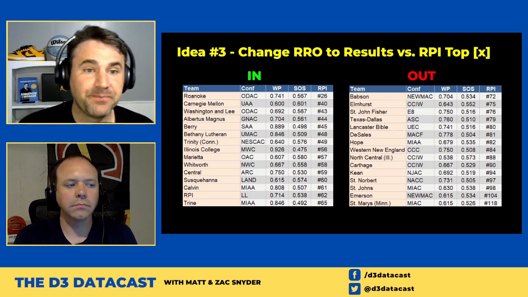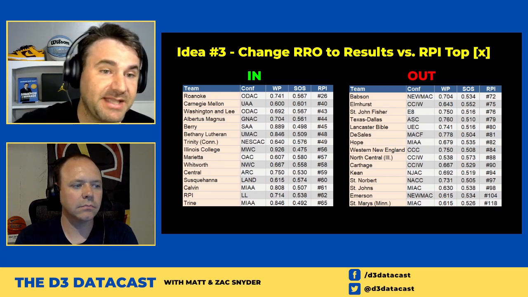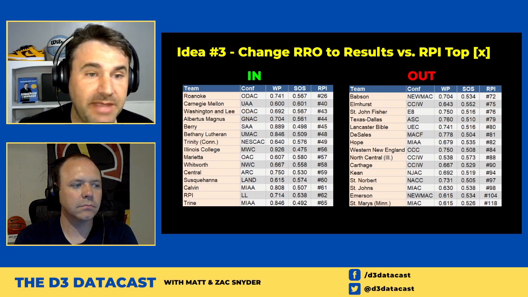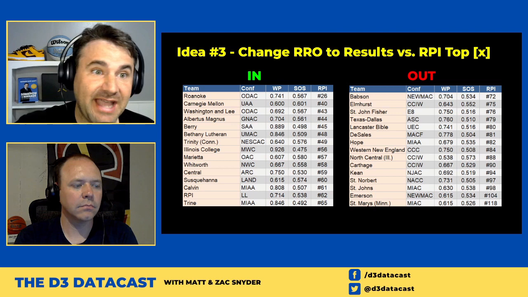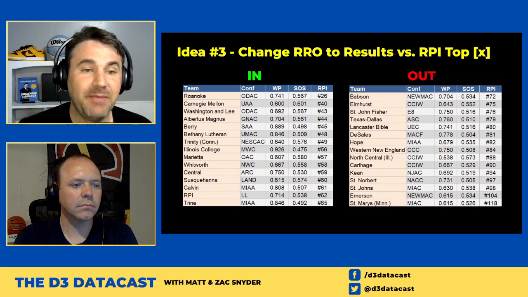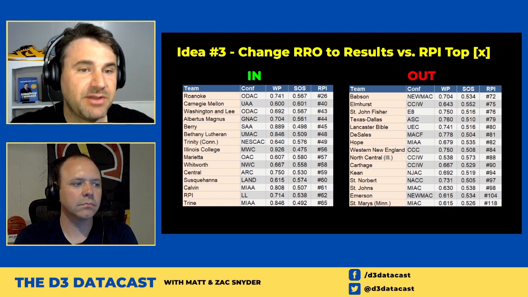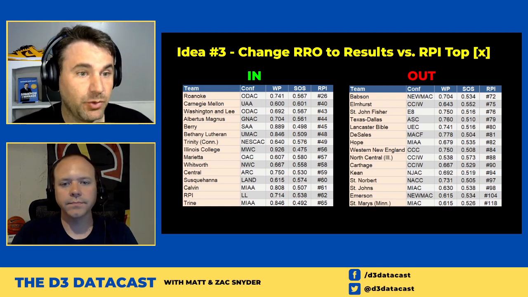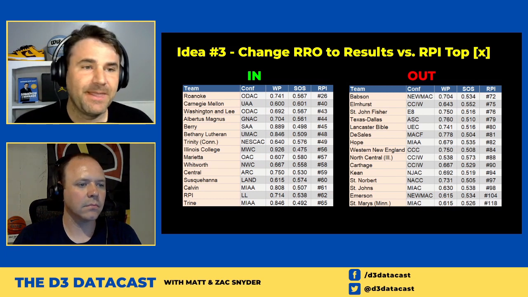So we add teams like Roanoke and Washington and Lee from the ODAC. We add Barry from the SAA, Calvin and Trine from the MIAA, Marietta from the OAC, Illinois College. We add another NESCAC in Trinity, Connecticut, Albertus Magnus and the GNAC. So like Region 1, Region 6, Region 7, there are teams coming in here that we just didn't have room for, maybe all of the good teams. And some teams that we leave out.